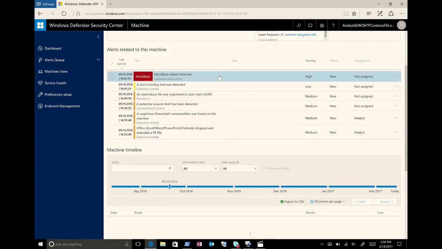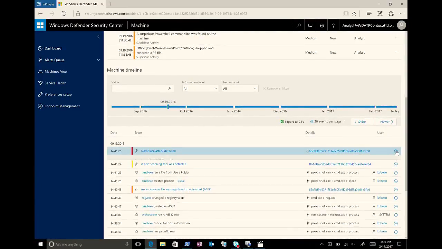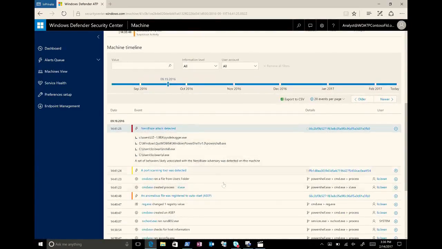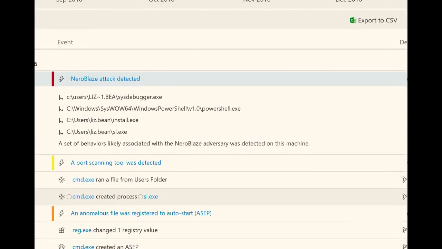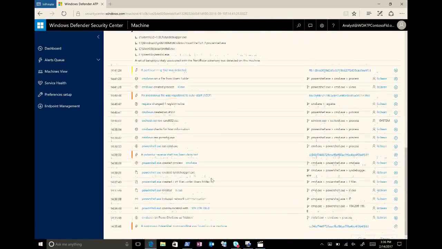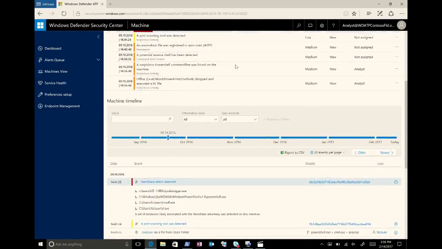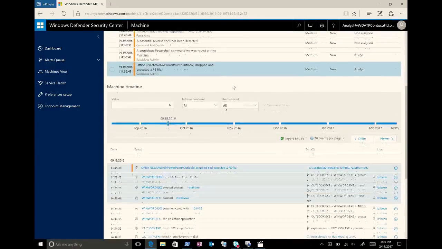So if I click on the NeuroBlaze attack, it'll show me all the different things in the NeuroBlaze attack that were in play here, and you can see that here. The different executable payloads, or the portable executables, the PEs, that were run, etc. And I can take it a step further and say, okay, it looks like the first alert that came in was through this Office one here. So if I click on that one,